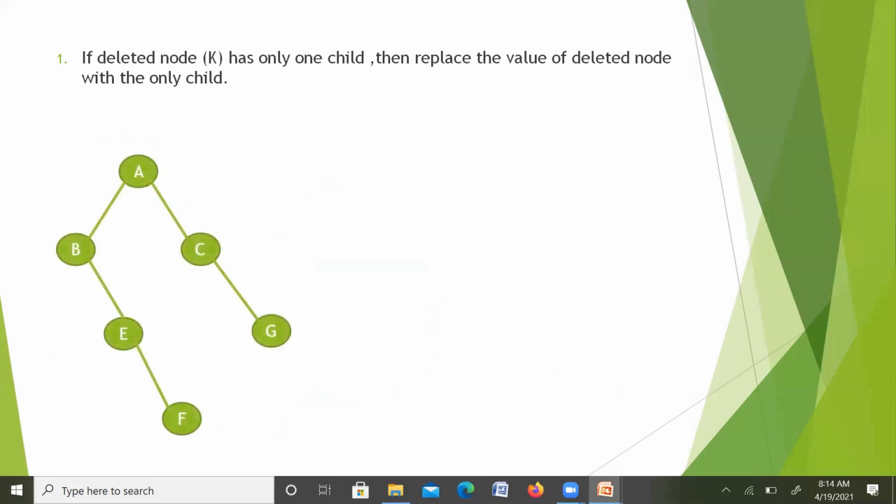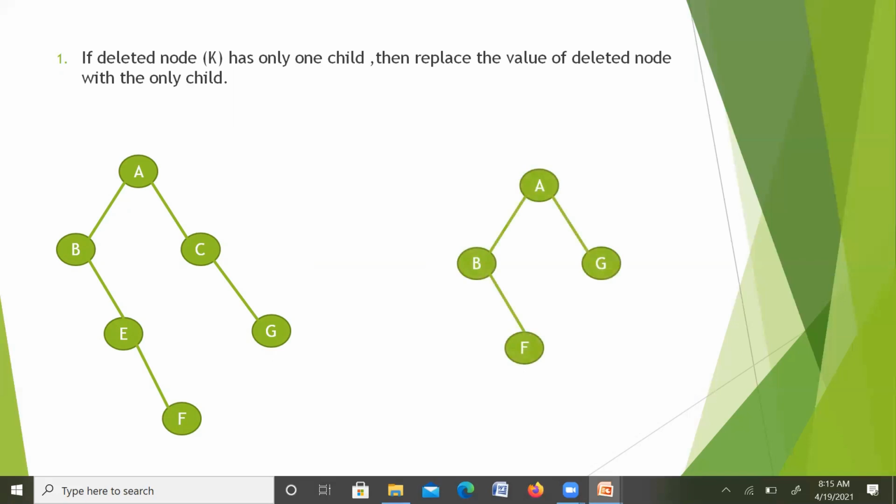Now here in this binary search tree, if we want to delete node E, node E has one child F. So if we delete E, then its place is taken by its child. So the resultant binary search tree is like this.